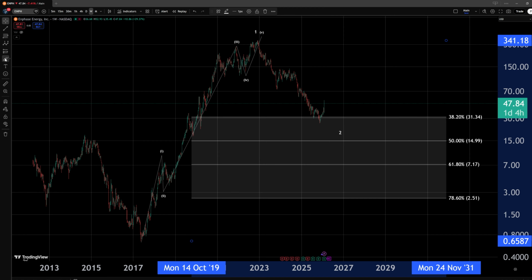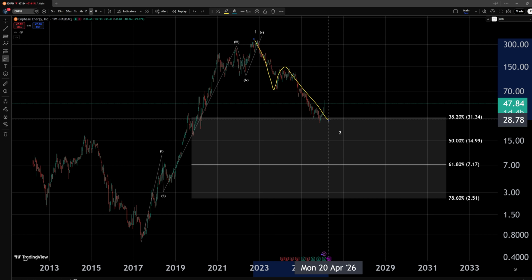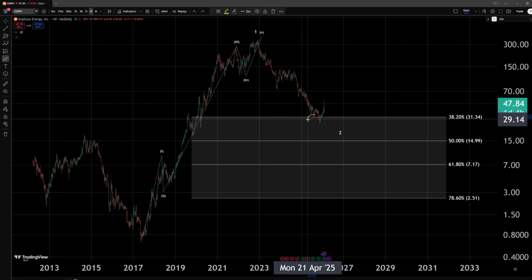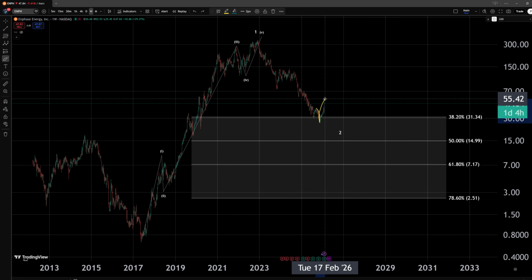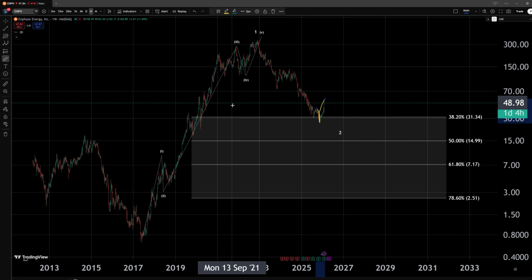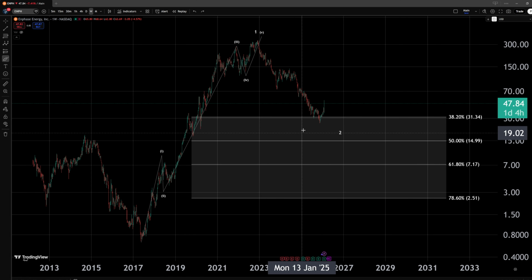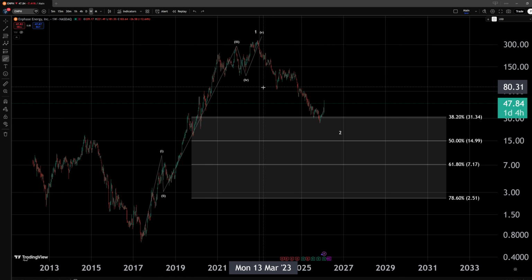We have already formed a 3-wave pattern into the area of support where from the first time we have actually touched it, we have formed an interesting reaction to the upside. We did extend a bit lower afterwards, but then an even stronger reaction has appeared. This allows me to look for a potential breakout that could form within this area,